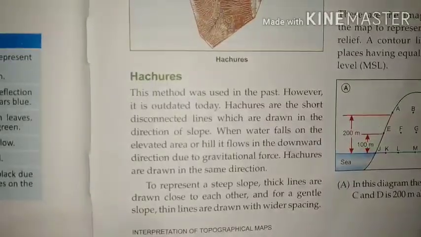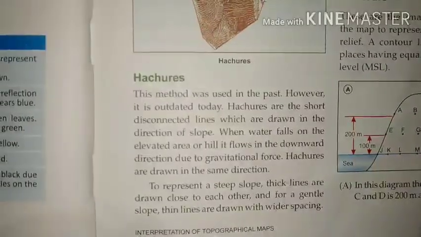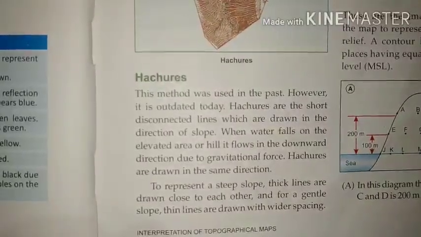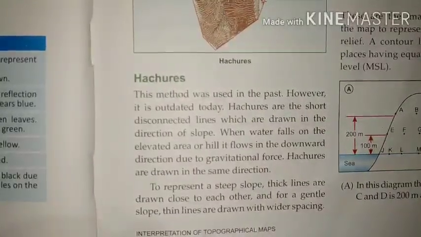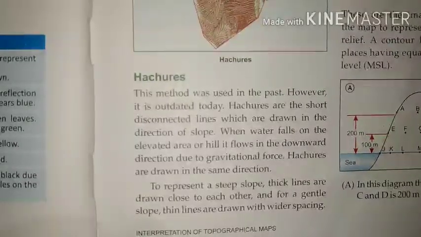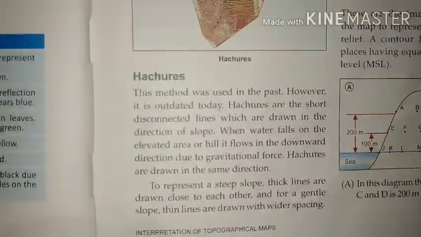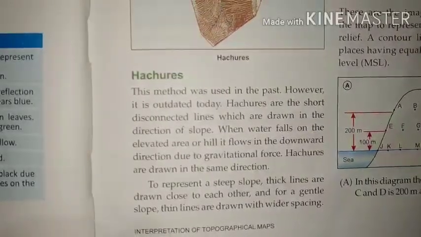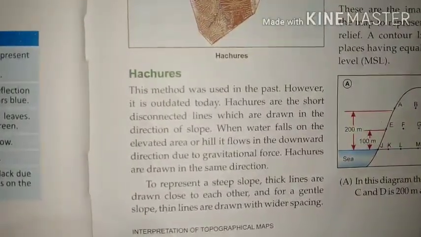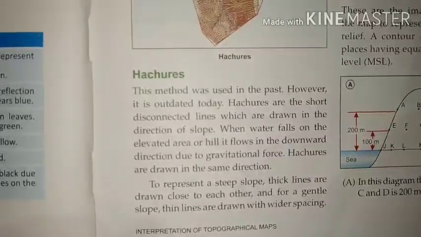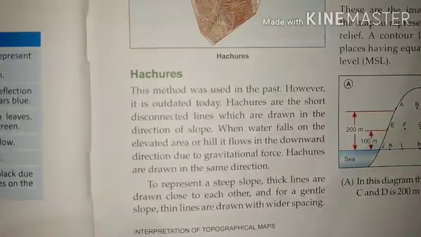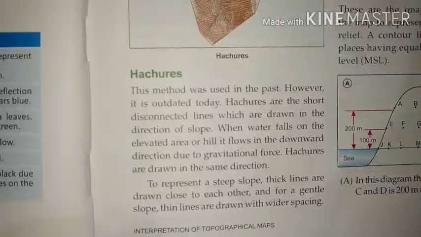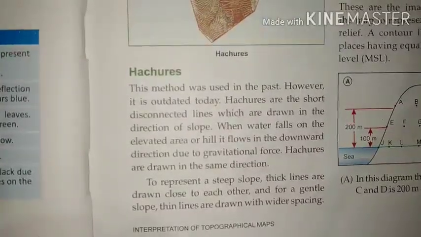Drawing of Hachures is difficult and a time-consuming job. These lines give us an idea about the elevation or depression, but the exact measurement is not possible. Therefore, this method cannot be used in the further analysis of the landscape. With Hachures, it becomes difficult to represent the other details. Since it is very difficult and time-consuming to draw Hachures when we are drawing a topo sheet, nowadays it is not used.